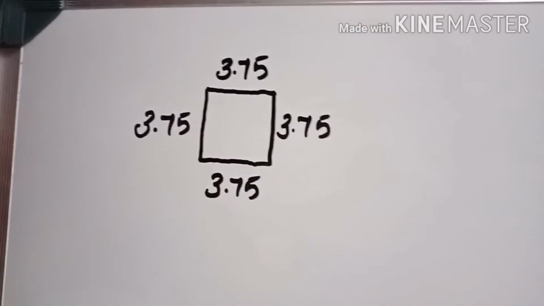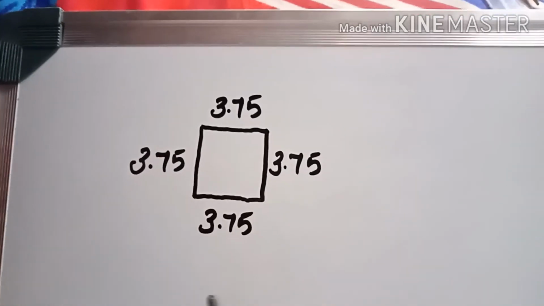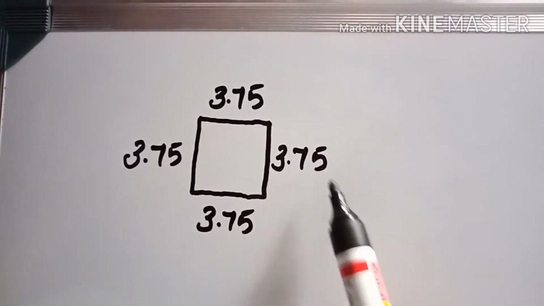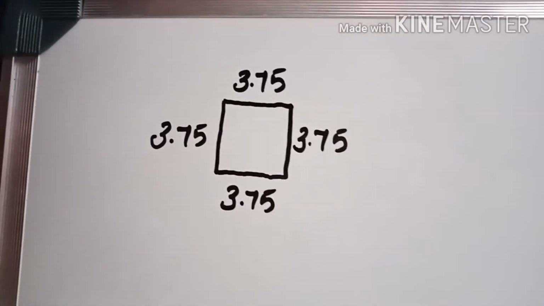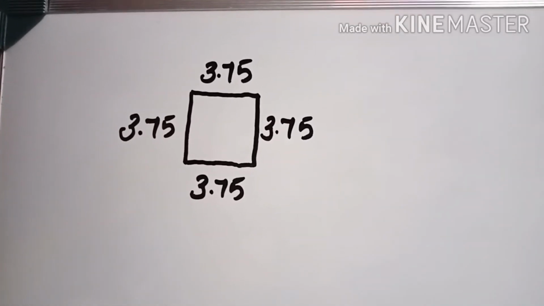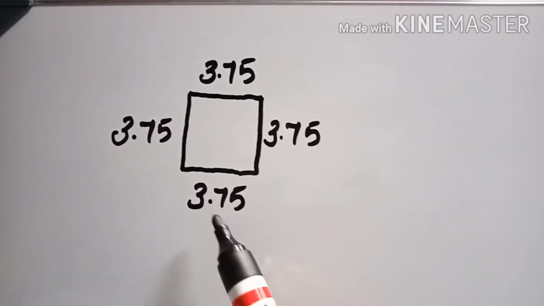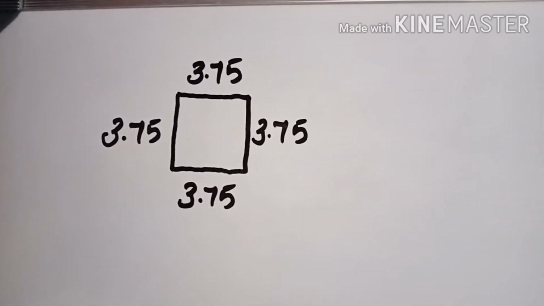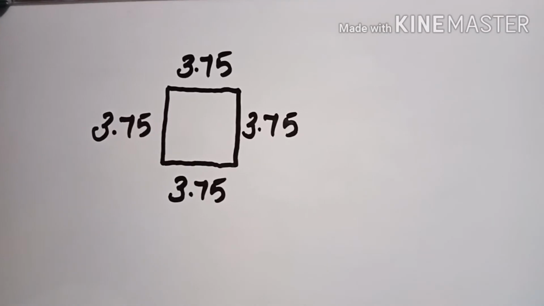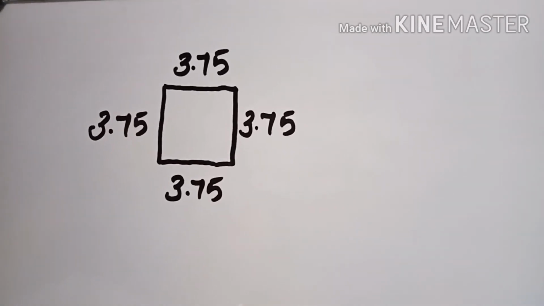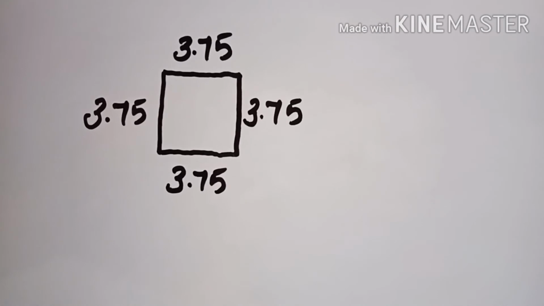Okay. Next is question number 2. Draw a square, each side 3.75 centimeter long. So here in this question, we need a square like this. All sides must be 3.75 centimeter. But using a scale, it is not possible to measure 3.75 centimeter. We won't get an exact measurement of 3.75 centimeter. Now, how will we draw this? For that, we can use the perpendicular bisector method.